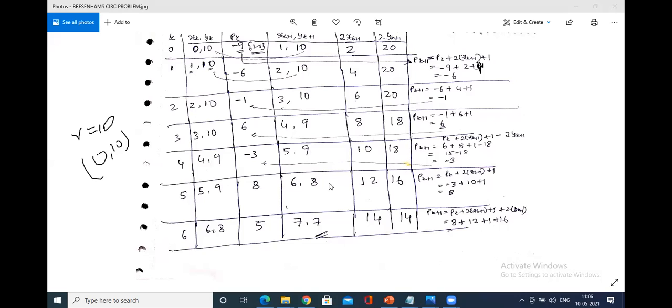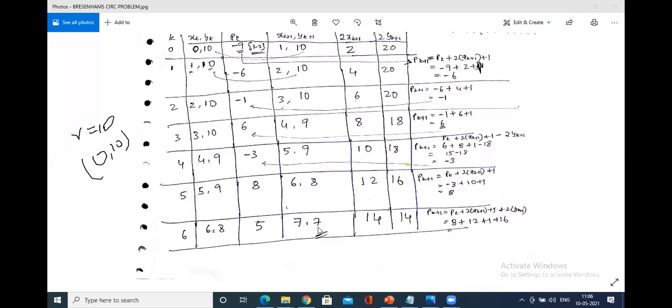Calculate the new pk value, right? So based on this, again a new pk value has been calculated. That is, copy 6, 8 over here. The new pk value will be 5. How did you get 5? 8 plus 12 plus 16, 1 plus 16, you'll get around 5. So 5 is a positive value, again y is decremented.